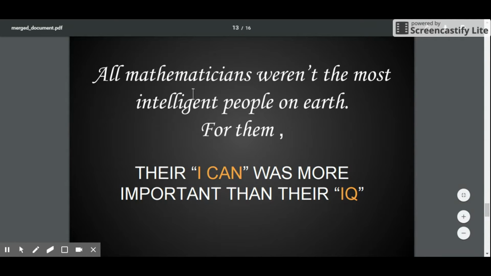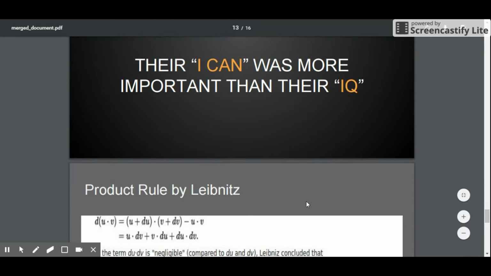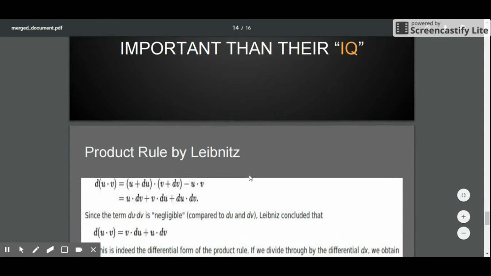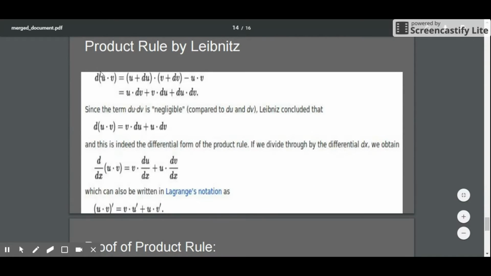His famous quote is, all mathematicians weren't the most intelligent people on earth. For them, their IQ was more important than their IQ. Here is the product rule of Leibniz: differential of uv is equal to (u plus du) into (v plus dv) minus u into